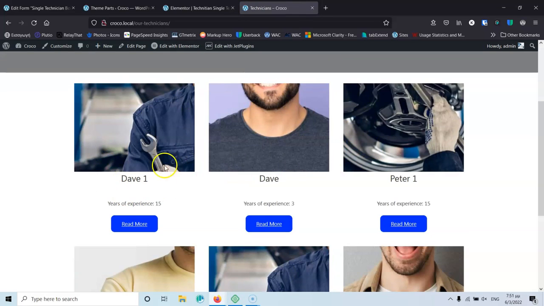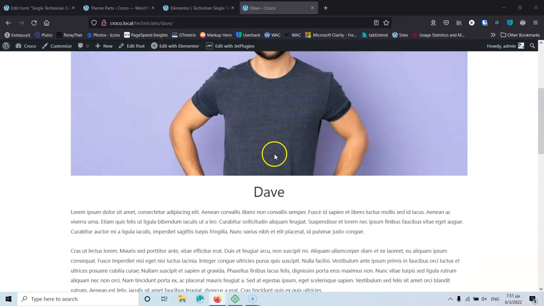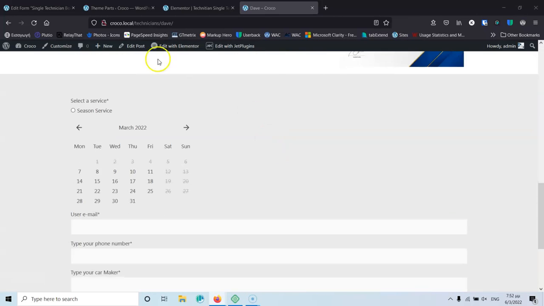I can go and select Dave or Dave 1. Let's go for Dave. And if I scroll down, I will see that Dave only offers the season service, so I cannot see anything else. Now, of course, in my particular example, I don't have any other service for the technician, so I can skip the part and I can